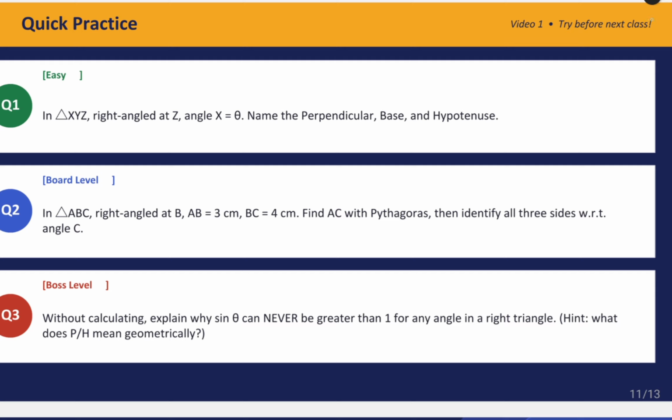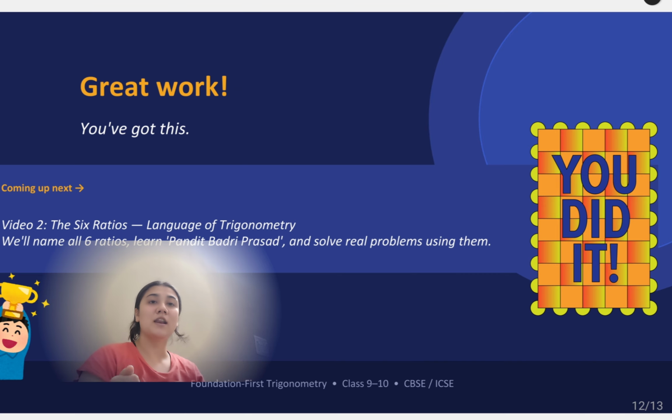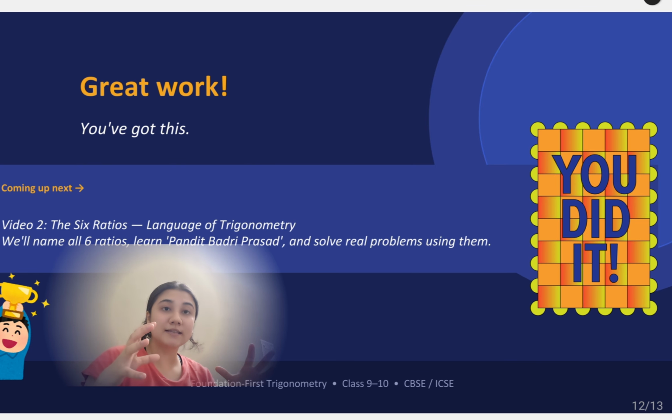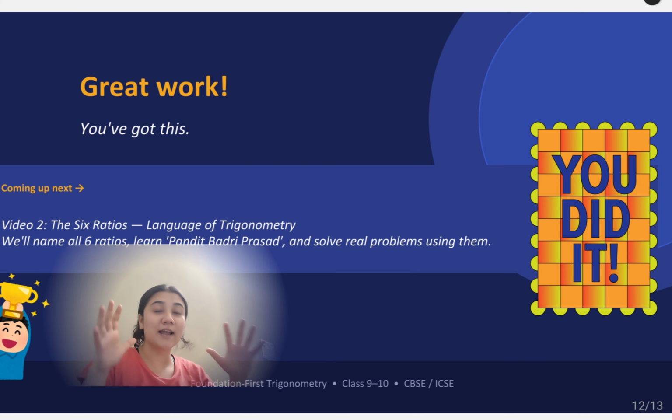Practice it. Here where we are now, you can understand why trigonometry was invented, not as a formula to memorize, but as a tool to describe angles using ratios. You know how to name sides with respect to any angle. That's the foundation, and everything builds over it. In the next video, we are going to meet all six ratios properly: sine, cosine, tan, cosecant, sec, cot, and I will give you a mnemonic, a short form that actually makes sense, so you never forget them again. I will give you a shortcut for how to learn them.